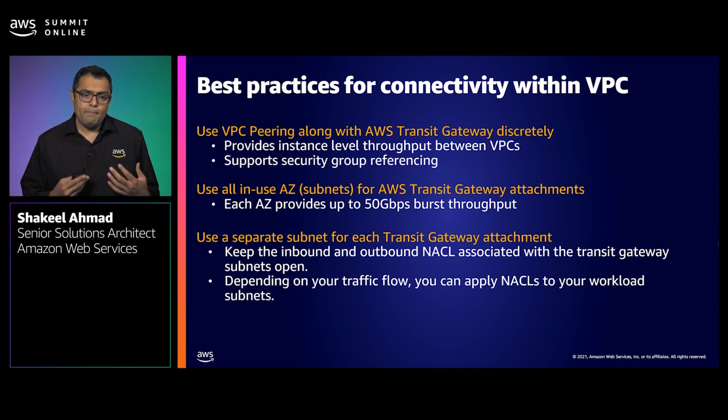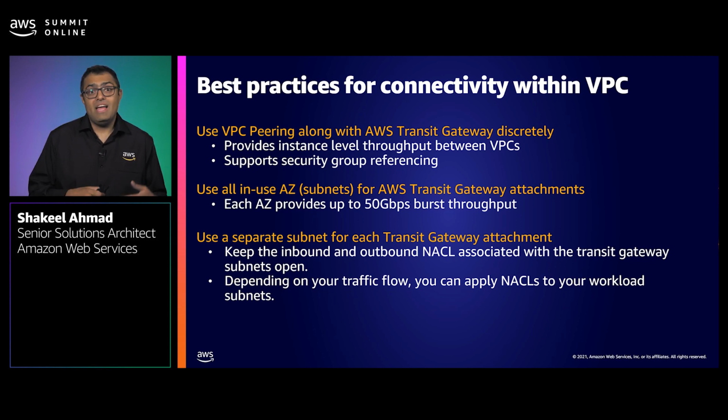Another key question I get very often is, can you use VPC peering along with Transit Gateway? My answer is yes, you can still use inter- and intra-region VPC peering along with Transit Gateway. While Transit Gateway provides you 50 gigabits per second burst throughput, you can still leverage intra-region peering to achieve instance-level throughput between various resources in different VPCs, or where you need security group referencing, for example. Also, for recurring large data transfer, VPC peering is cost-effective, but it does come at a cost of complexity and maintaining routes, peering connections, etc.